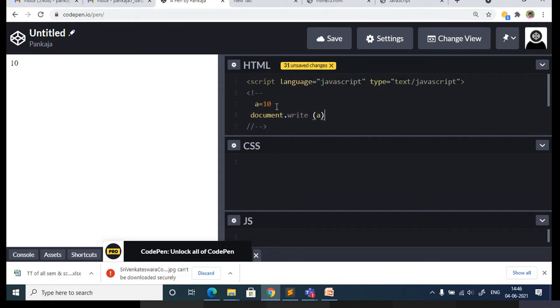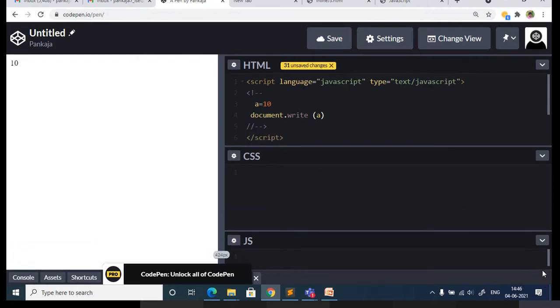In many languages you have learned, like C and C++, every statement should end with a semicolon. Yes, no? But here it is not mandatory to end with a semicolon; it is optional.